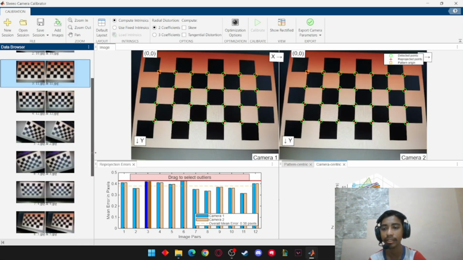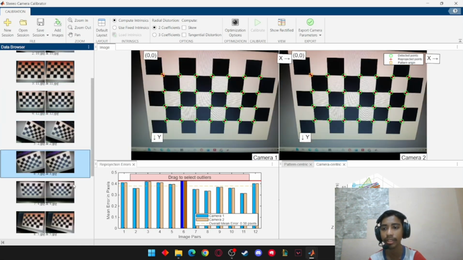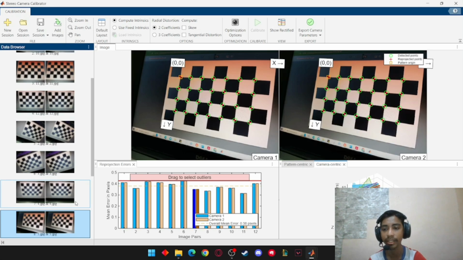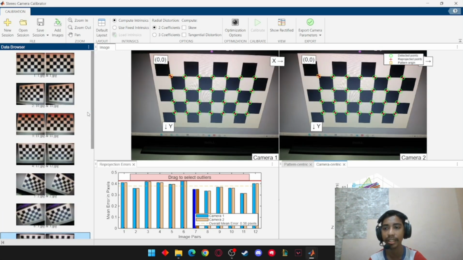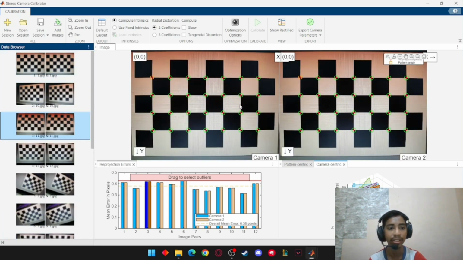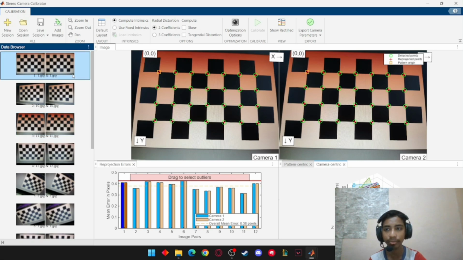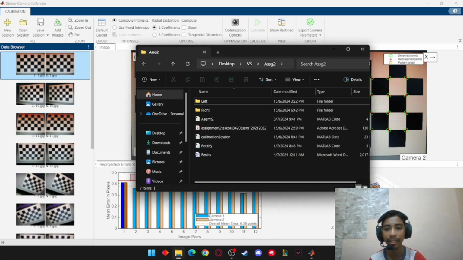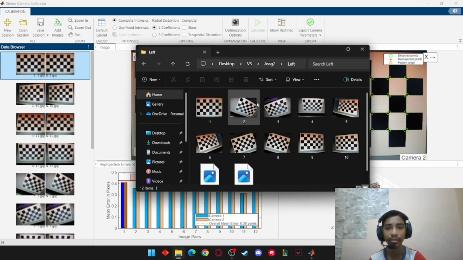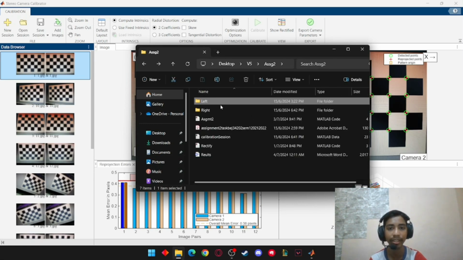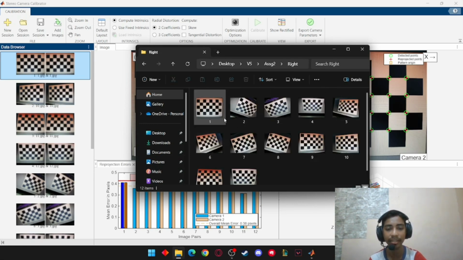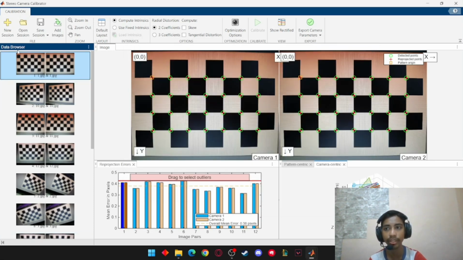So there are various angles: from upper, downward, and also left and right, and other angles. So this one we just collect the checkerboard. This one is for the left side of the camera, and this one is the right side of the camera. So both we upload to the MATLAB